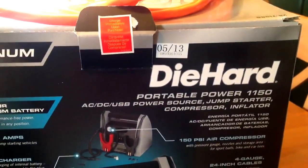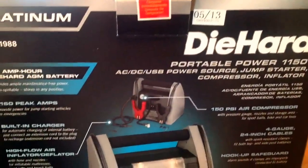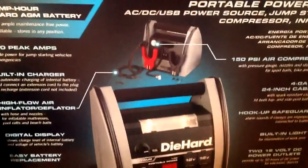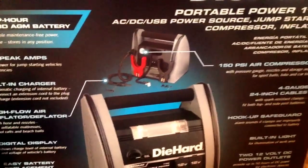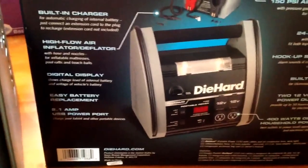Look for one with the later date, because that will mean that it's newer and not sitting on the shelf so long. You have a better chance of getting a good one. Here's the box. You can see the jumper cables on the back and all that. There is also a